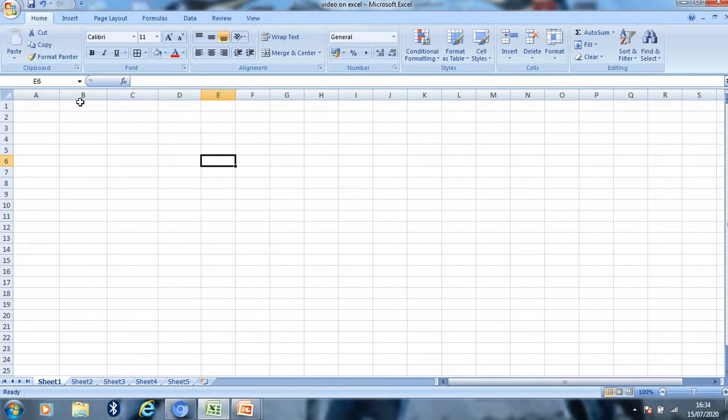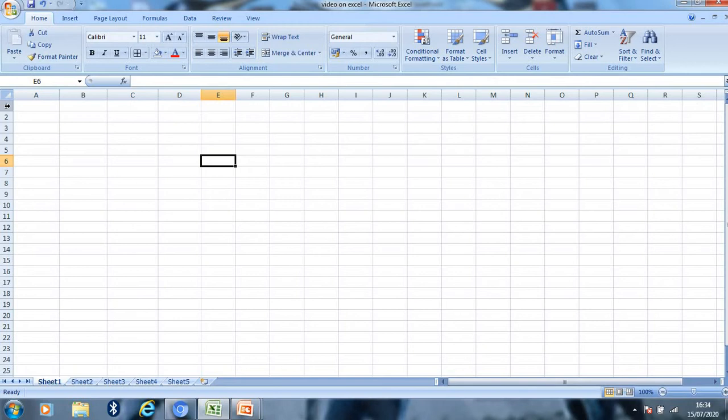The letters written in the above line are the column headings, and the numbers written on the left hand side are the row headings. Each Excel spreadsheet contains 256 columns, and each column is named by a letter or combination of letters, and each row is named by a number, and each spreadsheet contains 65,536 rows.